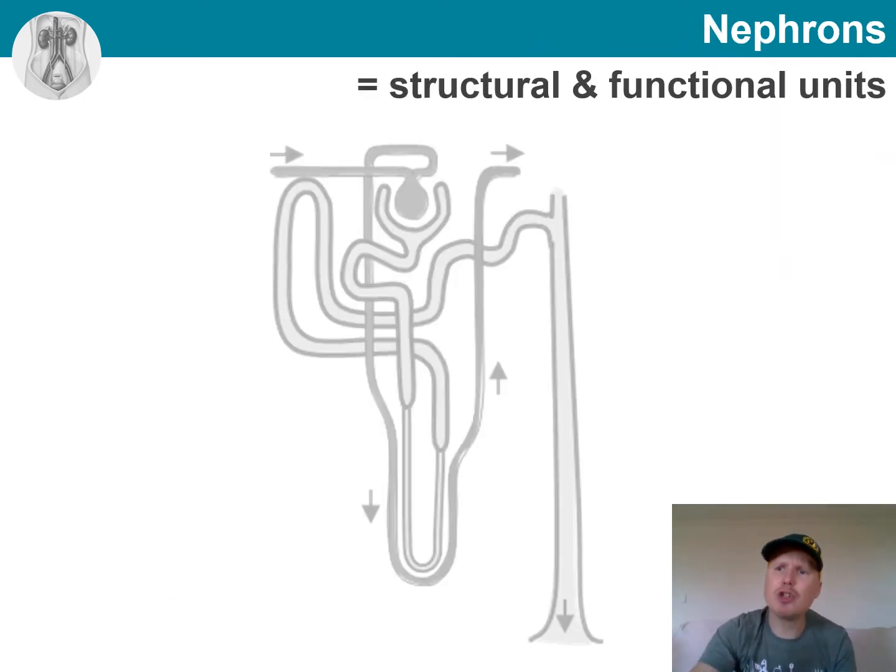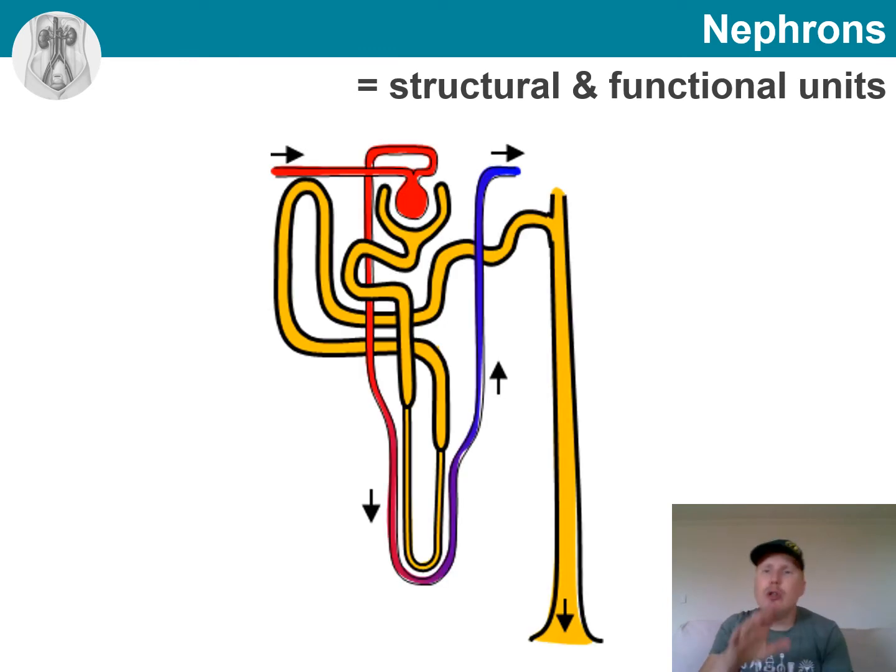Now, let's shift our focus to a much smaller scale, and we will have a look at a structure called the nephron. These are the functional and structural units of the kidney, and they are responsible for forming the urine. In a healthy adult, we would typically see somewhere around 0.8 to 1.5 million nephrons per kidney. And using this diagram, let's review the main parts of a nephron.